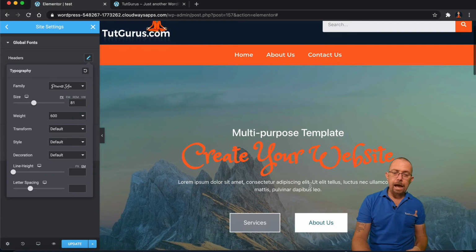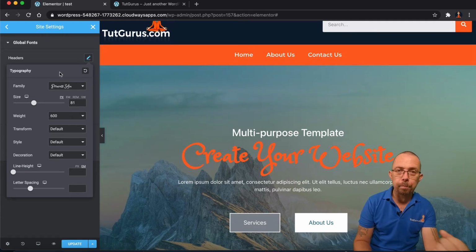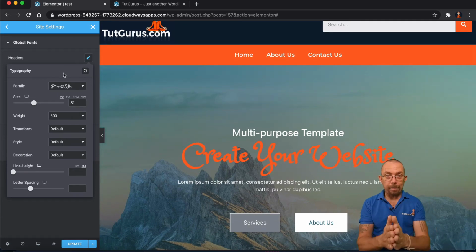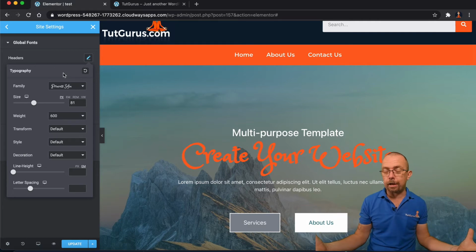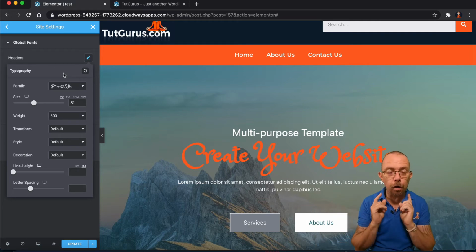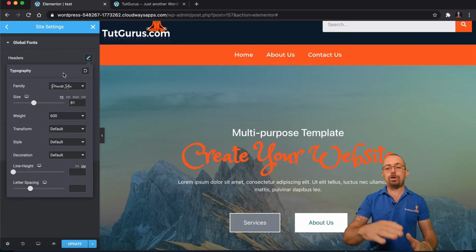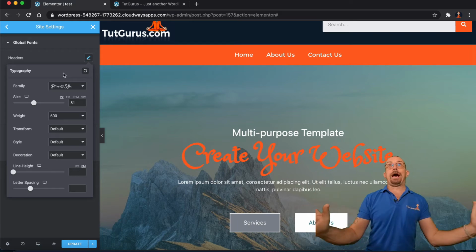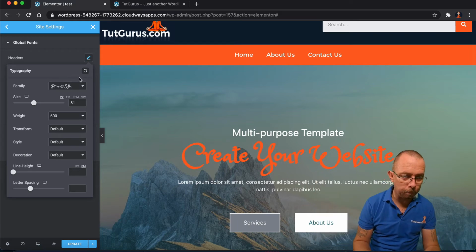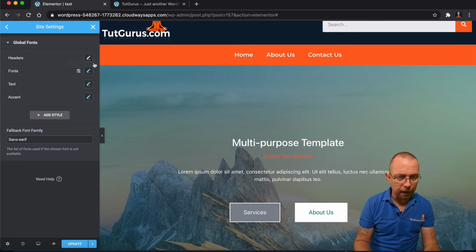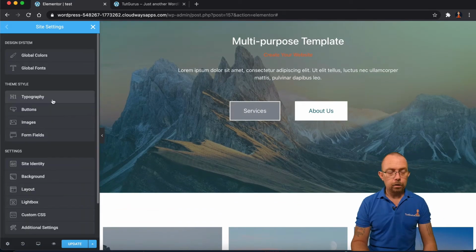And there you go. Anything that has this global font applied to it, it doesn't matter what page it's on. You could have a 15-page website, but if it has this global font attached to it, it will change it on all 15 pages. Powerful. So really powerful. So let's come out of that because that looks really bad and I don't want it to look really bad. So what else have we got inside of here?